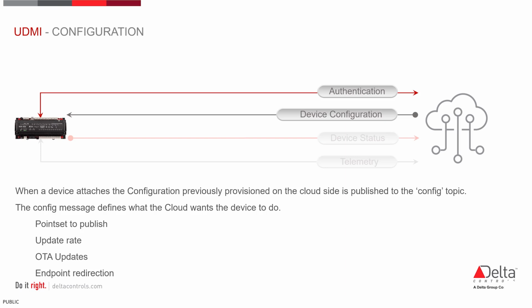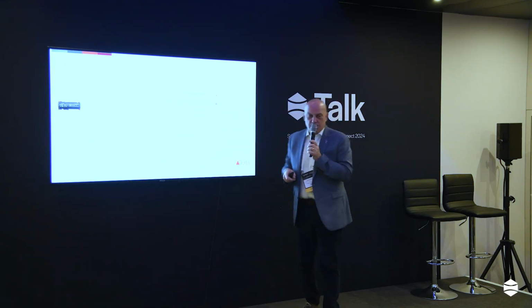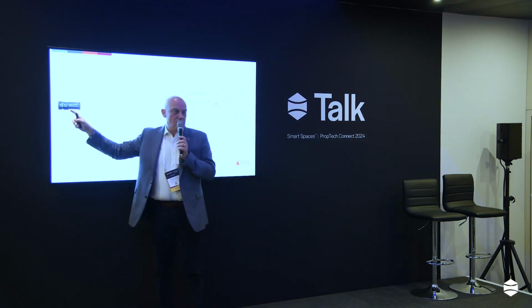So the fundamental difference there is the cloud is saying, these are the points I need you to publish to the cloud, rather than somebody having to go to the device. Remember, there might be 1,000 of these in a building, and the device then has to be configured so it knows what it needs to publish. And then when the guys say, oh, actually, we missed some data points off there, we need to change that, somebody has to go back to the devices to change it.